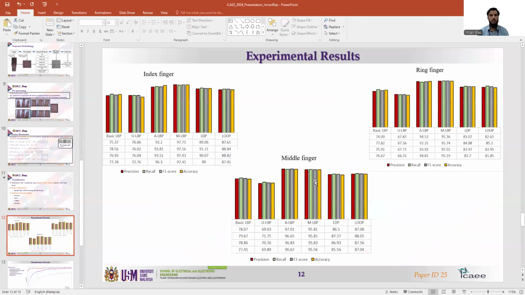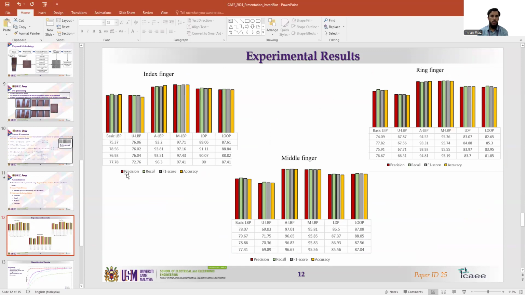After applying this SVM classifier, we have the database of three right hand fingers: index finger, middle finger, and ring finger. So when we apply these on index finger,